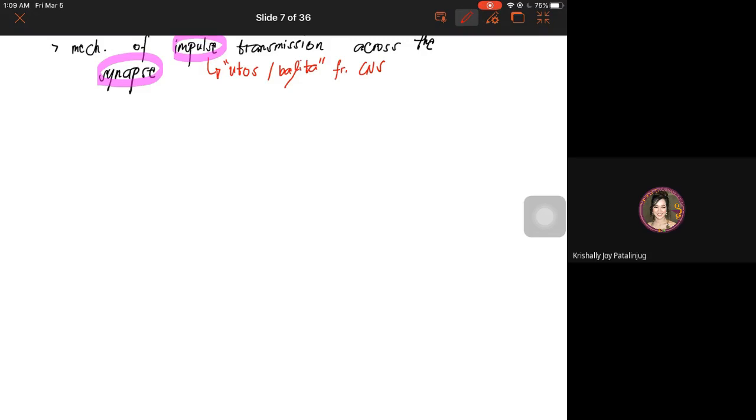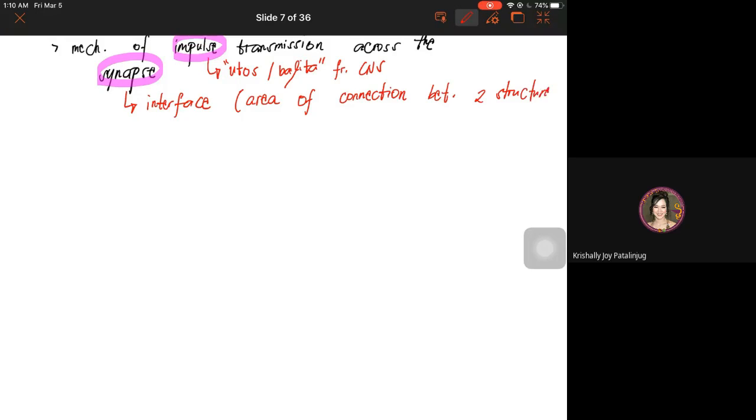Then when we say synapse, this is the so-called interface, an area of connection. Synapse is an area of connection, or the interface between two structures. I repeat, when you say synapse, it is the interface or an area of connection between two structures. So that's what we mean by the term synapse. Now, when we put all these terms together,